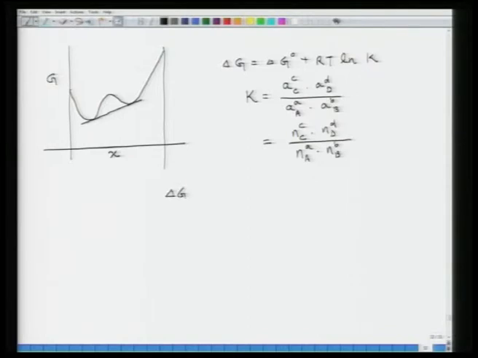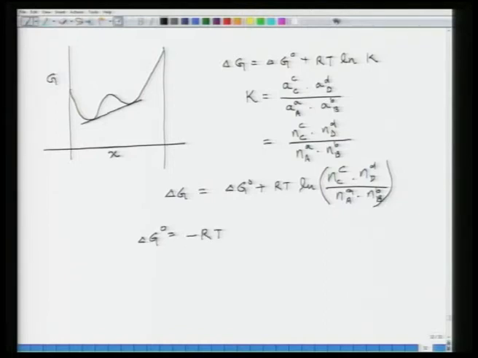So, delta G is now equal to delta G naught plus RT ln of Nc to the power C and Nd to the power D divided by Na to the power A and Nb to the power B. Now, what is delta G naught? Delta G naught is the free energy change in the standard state, that is at unit activities. All right. And delta G naught is a constant under specified standard states, and at equilibrium we can write delta G naught as minus RT ln K, because